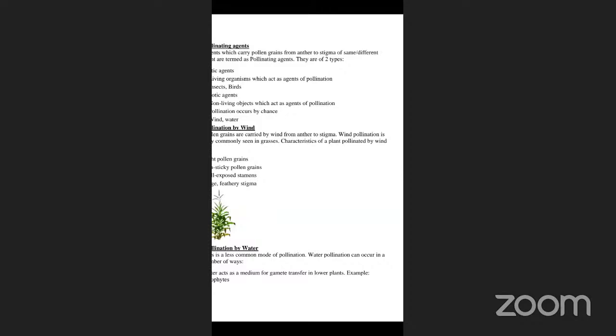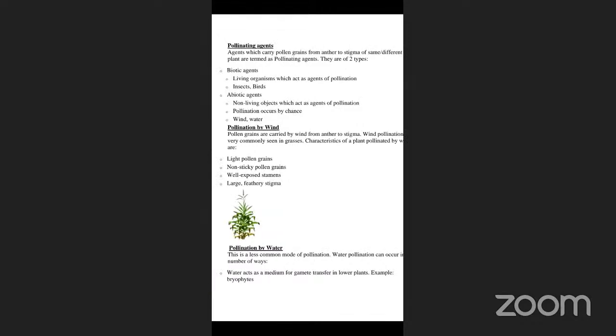The characteristics of plants pollinated by wind are light pollen grains, non-sticky pollen grains, well-exposed stamens, and large feathery stigma. These are the characters of plants that participate in wind pollination. Next,